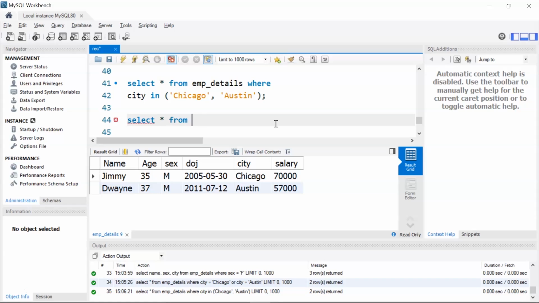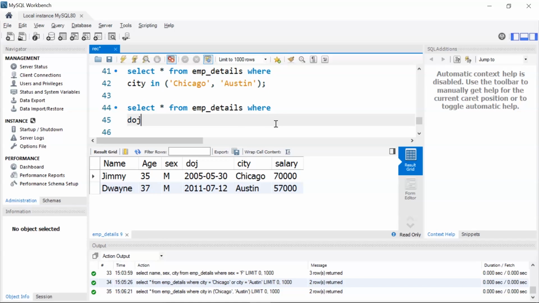I'll write select star from emp_details where my date of join, that is DOJ, between, I'll give my two date values, that is 1st of Jan 2000 and I'll give my second value, the date value, that is 31st of December 2010.